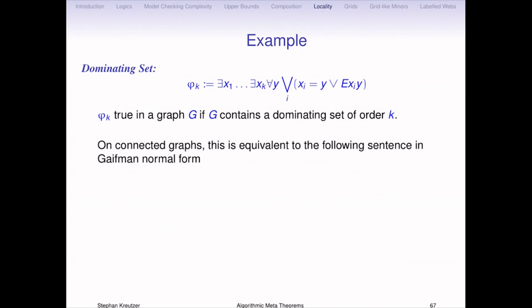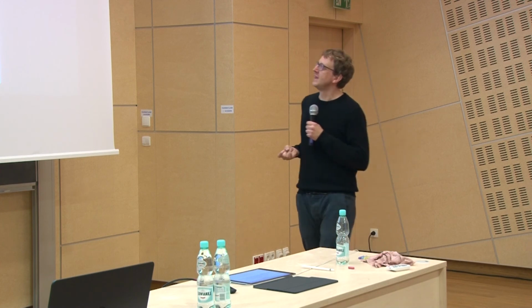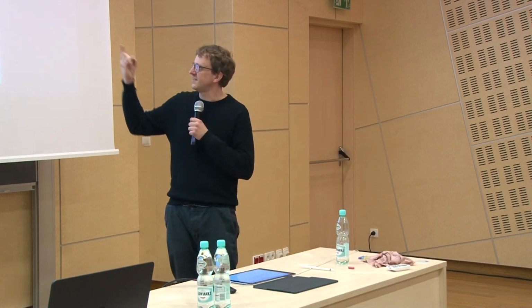For a basic local sentence, now I want a sentence that says there's a dominating set of size k. And a dominating set of size k does not look like a local property. It says something about the entire graph, because every vertex has to be a neighbor of your dominating set. So it's not entirely clear how you would express it as a Boolean combination of these things. And the simpler form is on a connected graph. Because what does it mean for a connected graph to have a dominating set of size k?